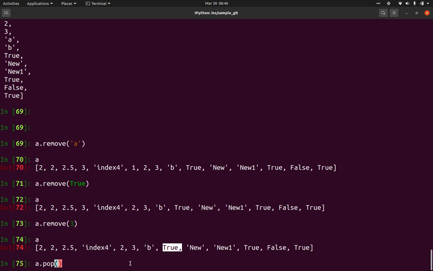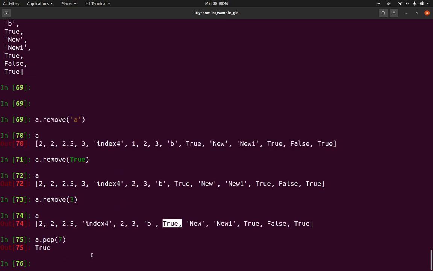So if I give index 7, you can see it is removed. As well as removing, it will also provide me the output. Remove was not providing any output, but pop is providing the output.